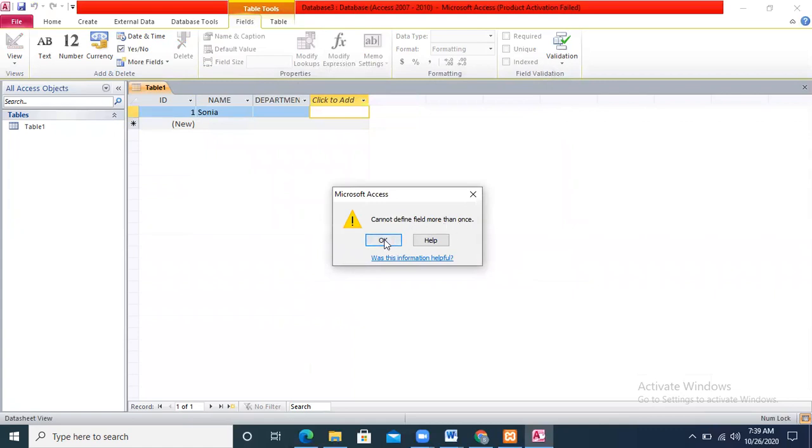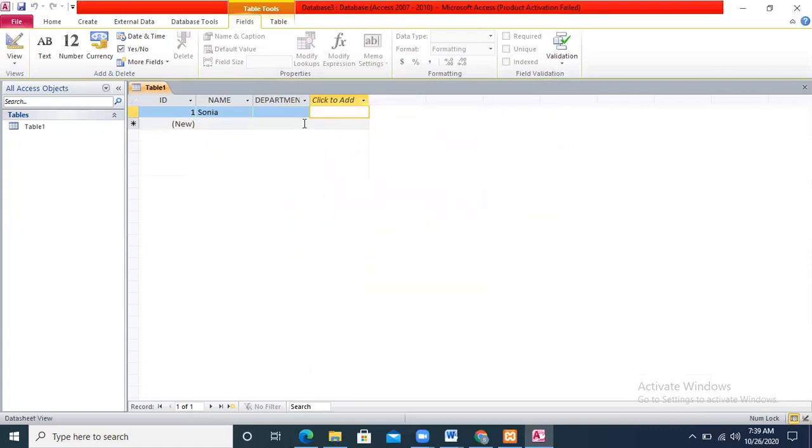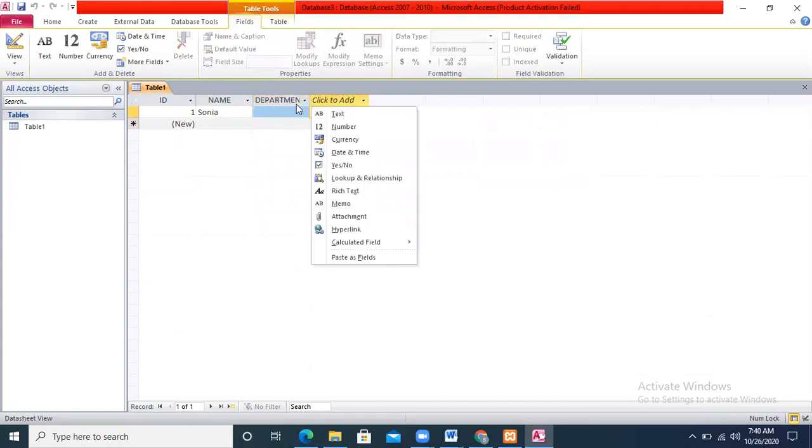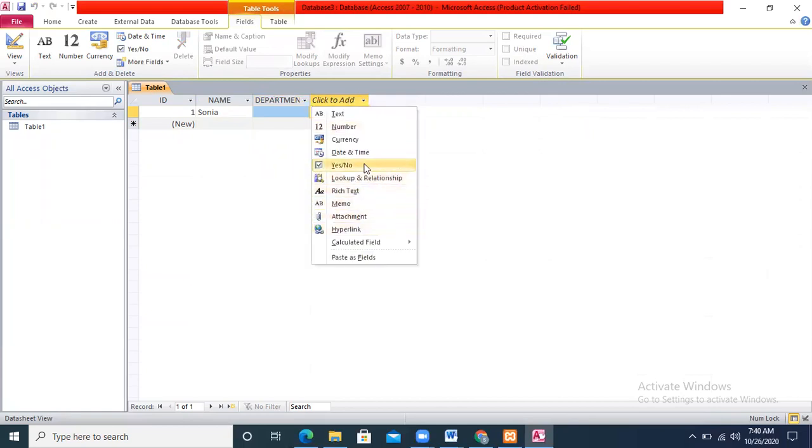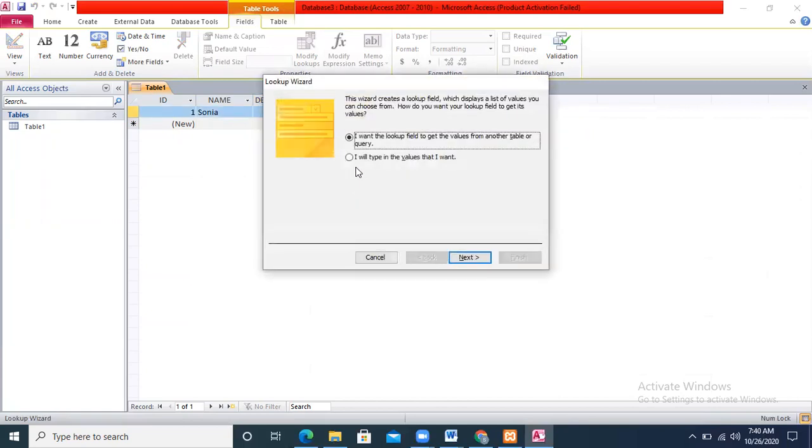Cannot define fields more than once. Because the same name was overlapping over here, that's why our lookup field has not been maintained.